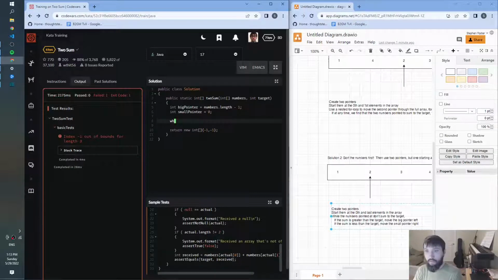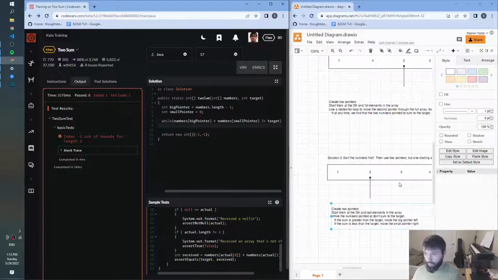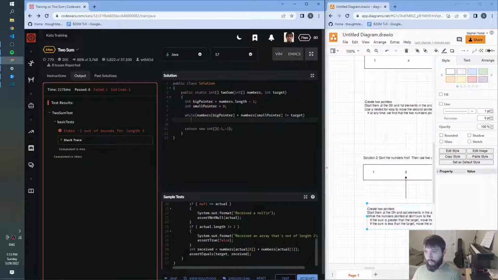So we'll say while numbers[bigPointer] plus numbers[smallPointer] is not equal to target, we're going to do that act of moving the pointers around. But how we move it depends on what they do sum to. So I kind of want to copy this bit right here. Let's call that int currentSum. And we'll say if currentSum is less than target,